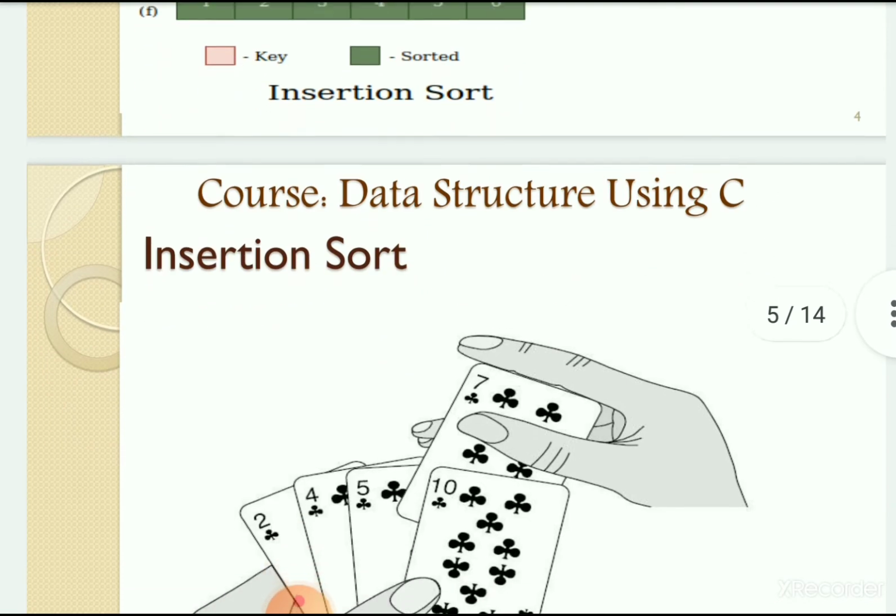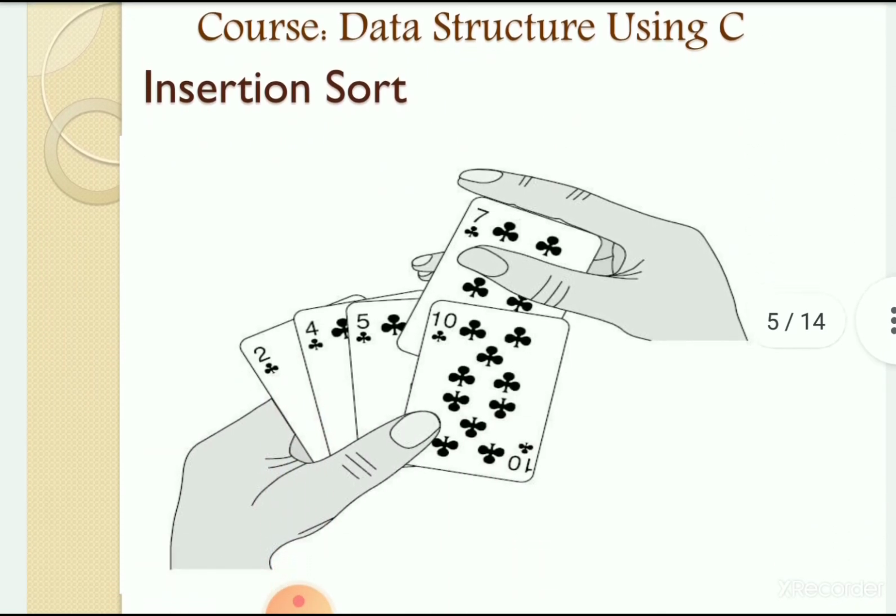Next we will see how insertion sort works. So this is a simple technique to understand how the particular insertion sort works. Okay. If you have ever played a game of cards, in that case you have to arrange the cards sequentially or in ascending order. So what you will do, look at this, if the elements are 2, 4, 5 and 10.